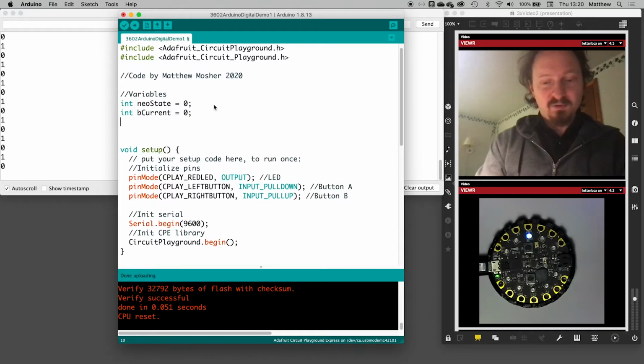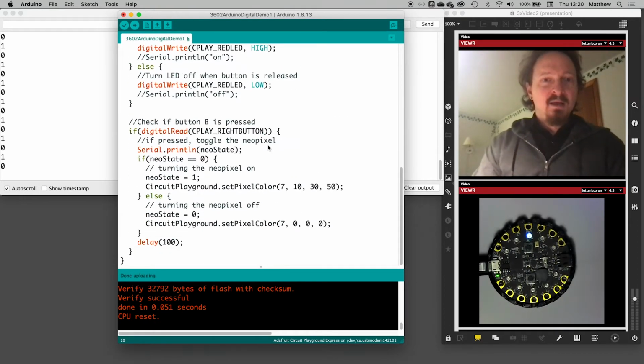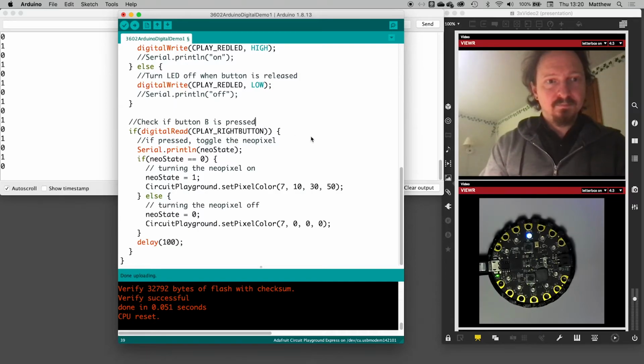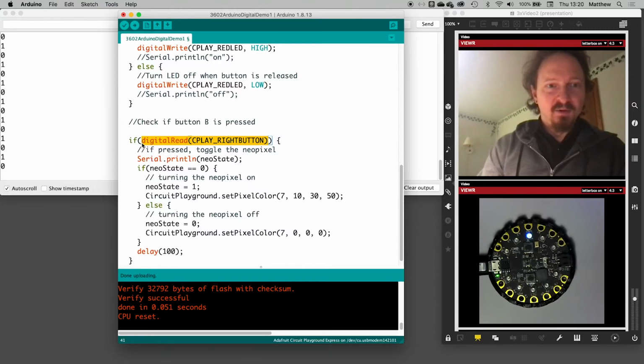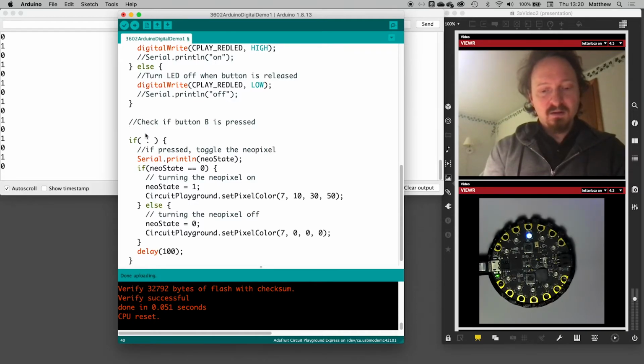So I'm going to call this B current, and I'm going to set both of these to 0, and then I'm going to say B previous. So those are the states of our B button, current and previous. Then back down here, I'm going to change my if a little bit. I don't want that there, actually. I'm going to say here, B current equals digital read